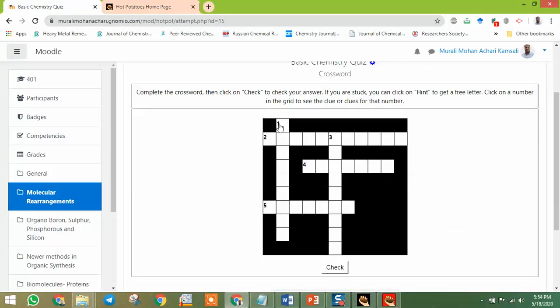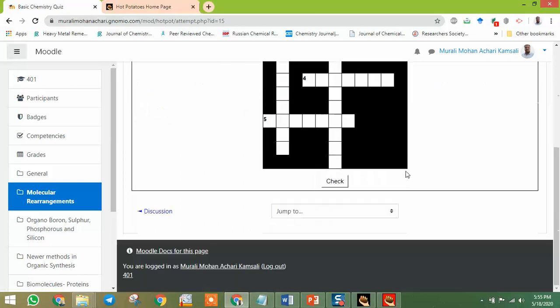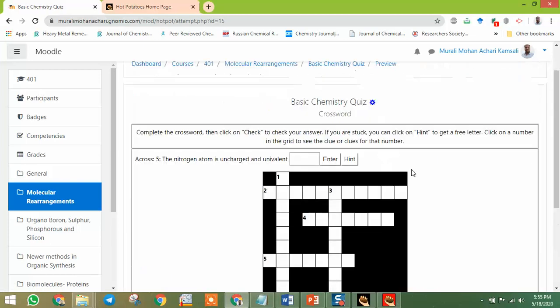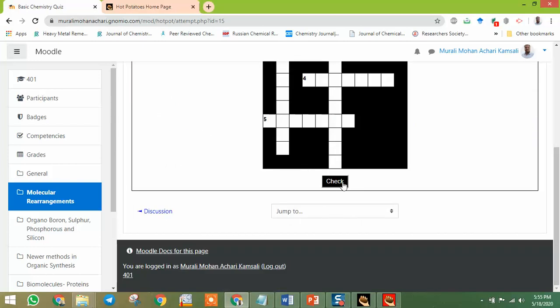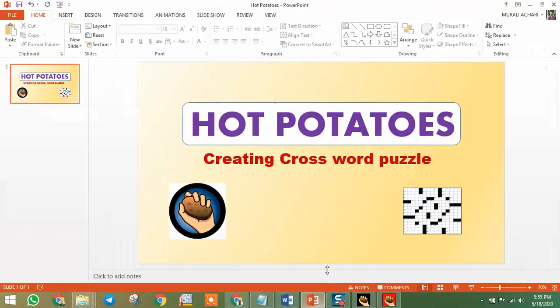Once they click on this one, they have to enter this answer, and then 2, 3, 4 and 5. This is what they have to add. We can add the grades to this one, so you can check finally. So this is the process to create a crossword puzzle using Hot Potatoes.